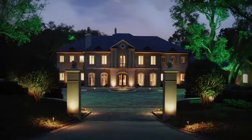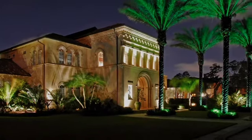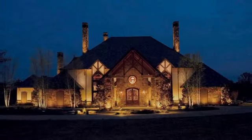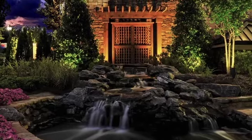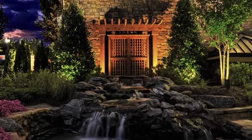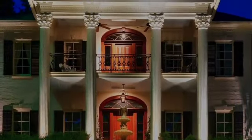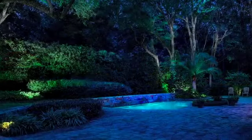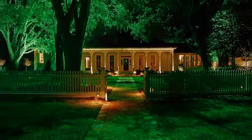For over 17 years, Pinnacle Lighting Group has designed and built outdoor lighting for clients nationwide. We provide spectacular outdoor lighting that dramatically increases your property's splendor, safety, and visibility long after the sun has set. Whether you're interested in accentuating the archways and columns of your estate with splashes of light, or you long to bask in the beauty of a moonlit evening night after night, we proudly offer outdoor lighting solutions to suit any